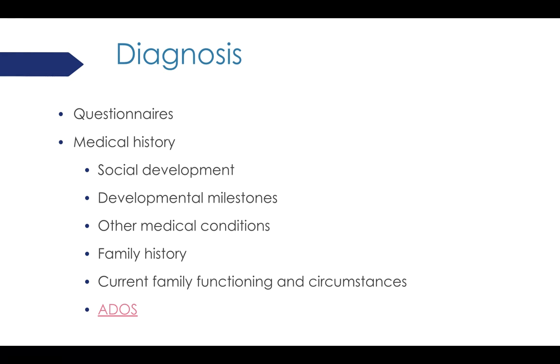So there are two assessments that can be used to determine a child's level and the probability that they could have autism spectrum disorder. The first one is called an ADOS, which we're going to talk about in class more, but it's the Autism Diagnostic Observation Scale. And the second one is called the CARS, the Childhood Autism Rating Scale. We'll be talking about them more in class next week.